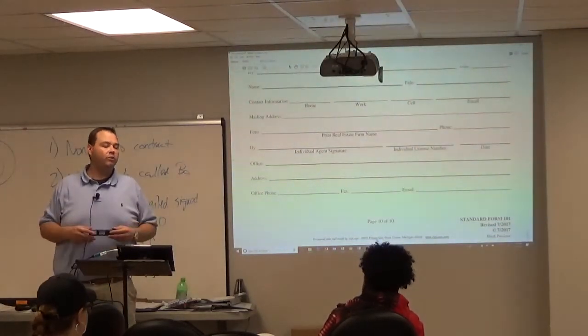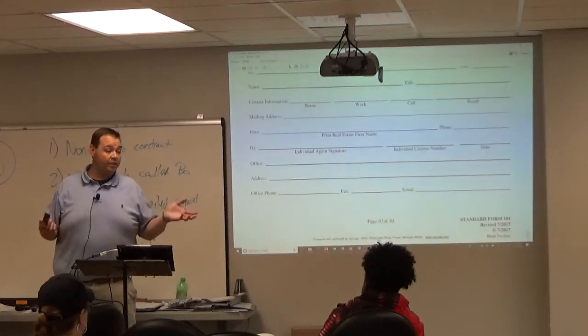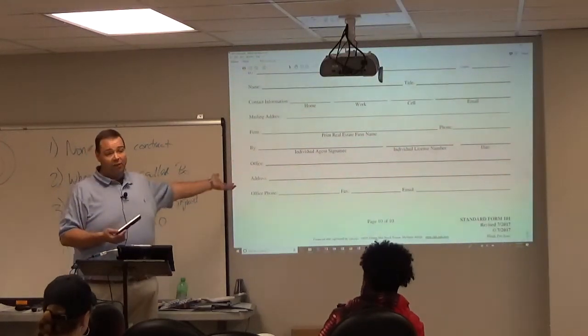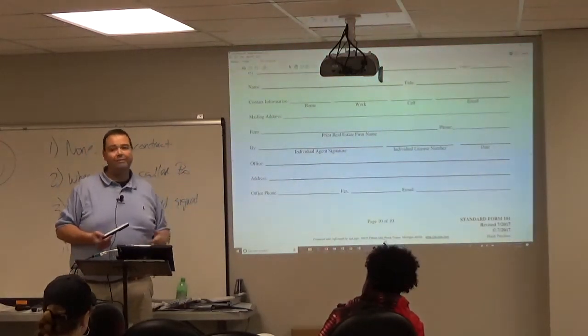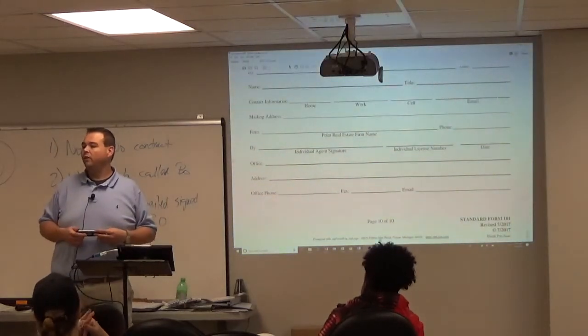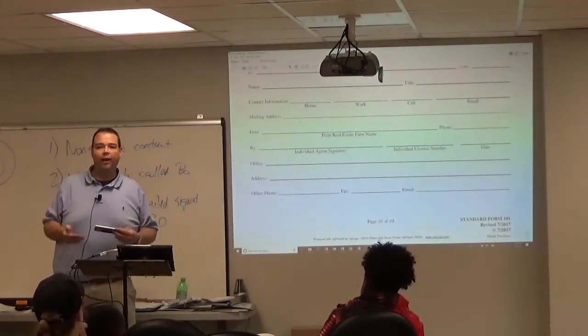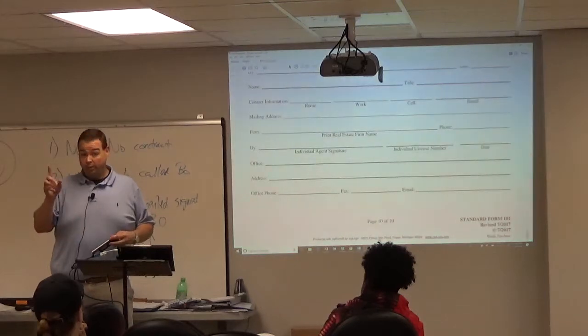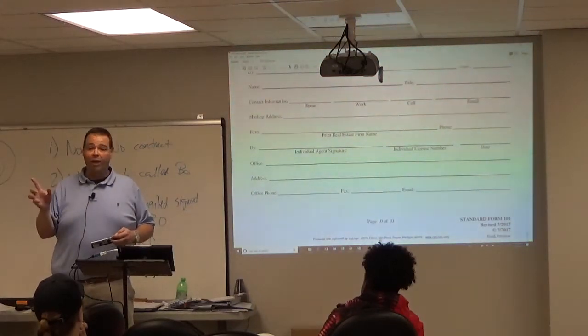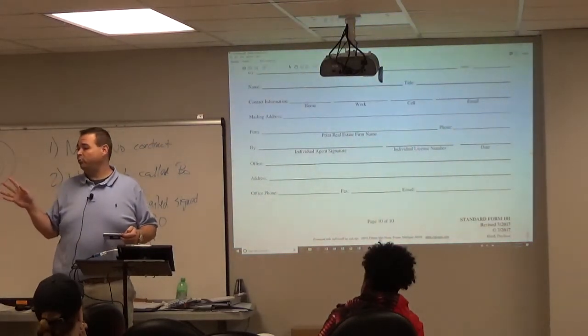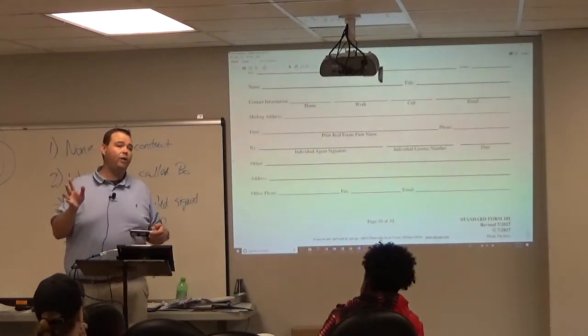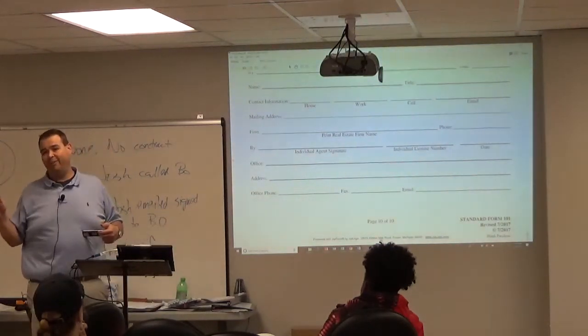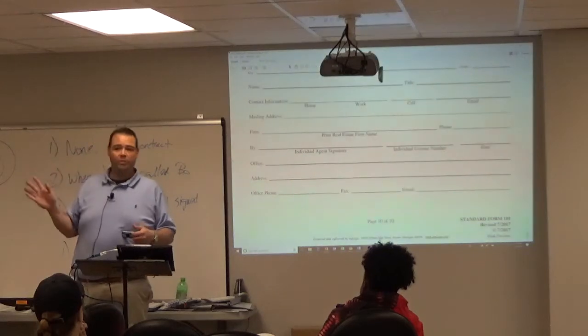And the reason I use something like zipForms is because I use it as a digital signature. I don't ever actually print this on paper for most of my clients. Now, if I have a client who doesn't do the electronic thing, that's okay. And don't make assumptions based on age. I have had 85-year-olds who want to do digital signatures, and I've had 25-year-olds who want it on paper. You just can't make assumptions about that.